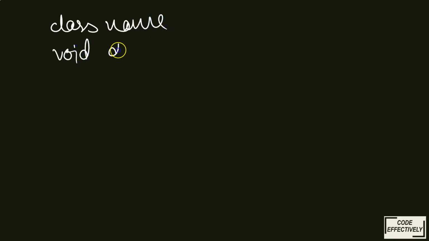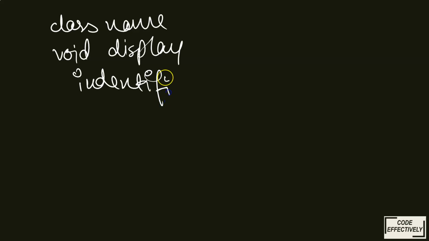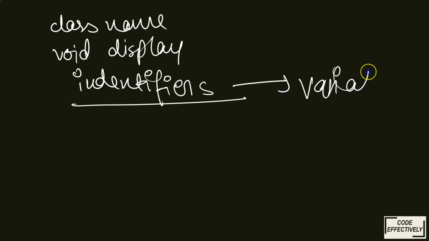So what could be the variable? A variable could be anything. It could be the class name also, whatever name you give your class, or like void display, the names of your methods, or any variables you declare, like the identifiers. Identifiers are nothing but variables. We have already learned in the previous video the rules for naming identifiers. The names that you give for identifiers are known as variables only. Okay, this is the entire concept about variables. You should know what variables are, and these are important things you should always know.